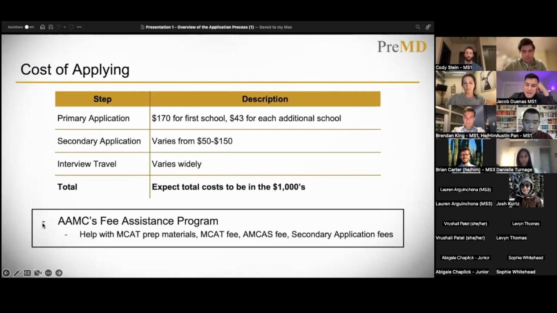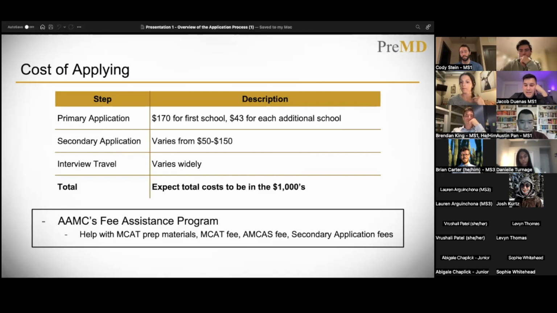A really great program is the fee assistance program. It helps to offset a lot of these costs, especially for low income applicants. So if you think that you qualify, or even if maybe you don't think so, it's definitely worth looking into at least. And it's not just waivers for these things. They give you access to prep materials, and they either waive completely or at least part of your